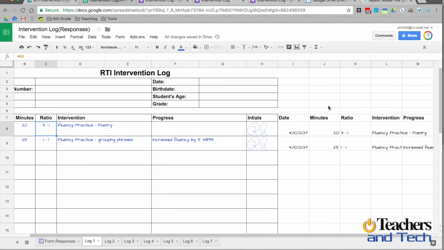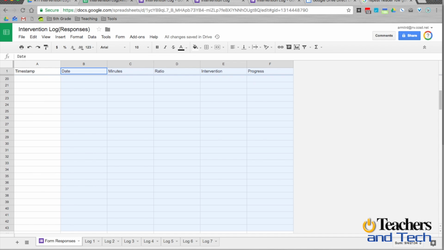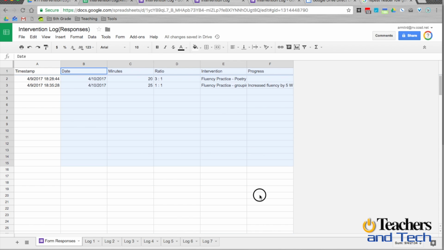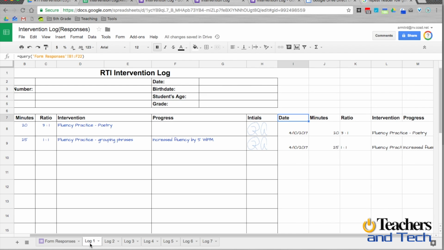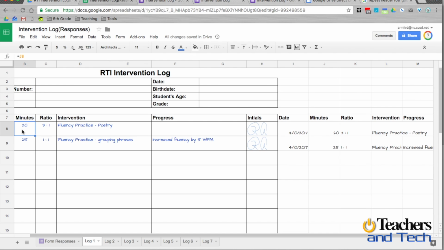But to the right, on I through M, I told the form that I wanted to create a query. Query is a simple function, and I said query this page for form responses B1 through F22. So what I am essentially doing is creating a query of this area here in blue, and what that does is it just repeats that information into the log. I had some problems with doing this in just the live form, so I put this in the background, and then I had each of these, B8 through H, starting at row 8 and going down all the way to row 29, equal